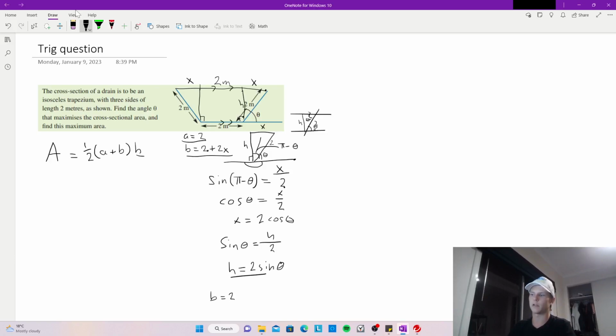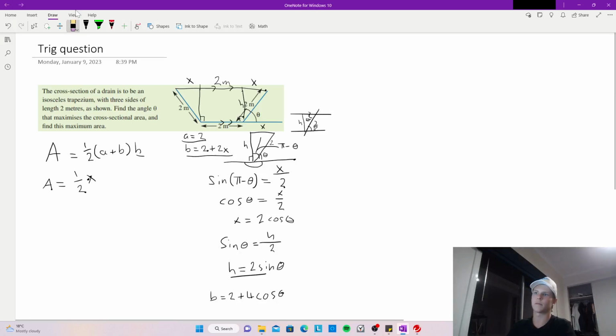So b is going to be equal to 2 plus 2x, and x is equal to 2 cos theta, so that'll be 2 times 2 cos theta, which gives us 4 cos theta. So knowing that, we're going to sub this into our equation here and get 1/2, and then I'm going to put the h in now,